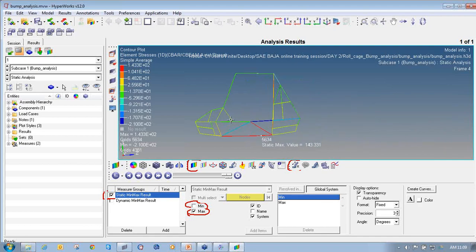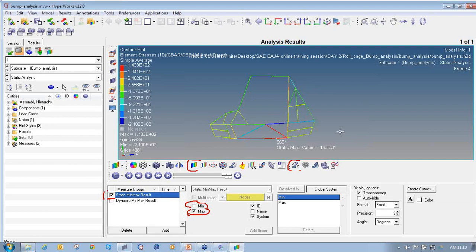As I have applied a very high load, that's why the stresses are very high. You can lower some of the loading condition values. You can also apply a 3G load, that will be more than sufficient. So according to your roll cage structure, you can change the loading conditions and the suspension pickup points. The aim of this tutorial is to show you how to perform the bump analysis using Radioss. The values can be changed from one roll cage structure to another. So the forces and the constraint locations may vary from structure to structure. They are not fixed. As per your roll cage structure, you can input any other values.